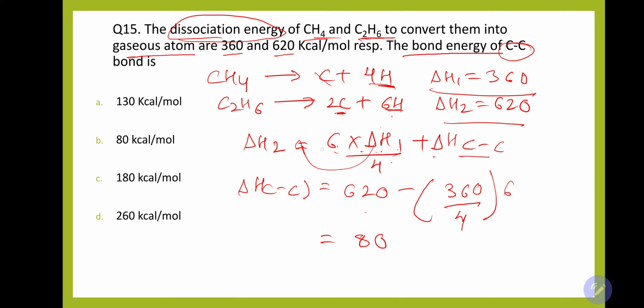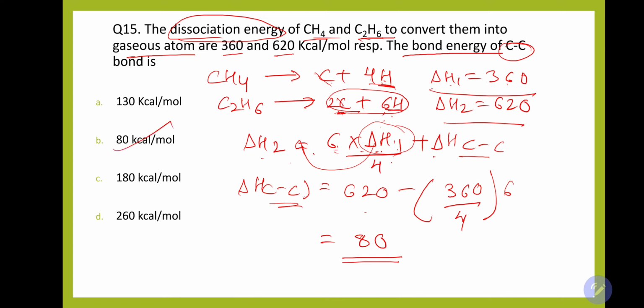We got this, we got H2 by C. This is the formation equation, and it is the same, but here we can't divide 4H and 6H, so we can cancel 1 over here. So what we have done, we have just taken 6 into the enthalpy of this divided by 4, so we can get the proper value of H1. So what is the enthalpy of the C-C bond? It will be 80 kilocalories per mole.